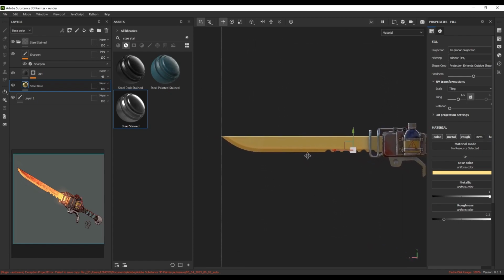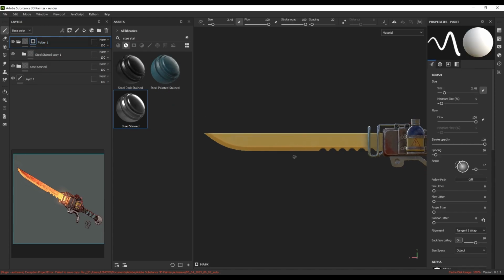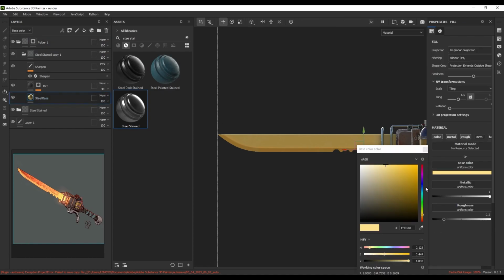And I'm going to copy this by clicking and selecting this one and pressing Ctrl D to make a copy, and then put this under another group by pressing Ctrl G and add a black mask to this group. All right, and let's change this to something more reddish or more like orange. So like this,